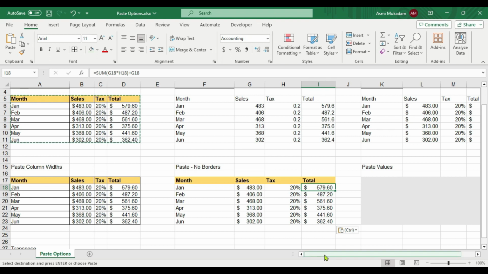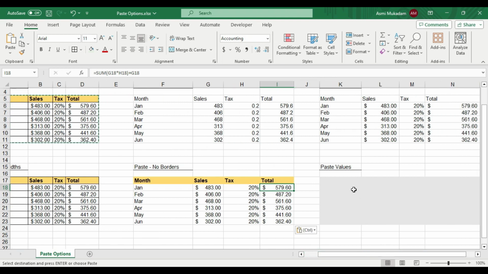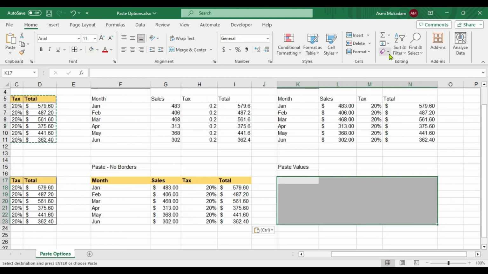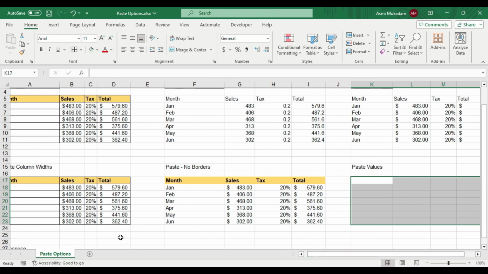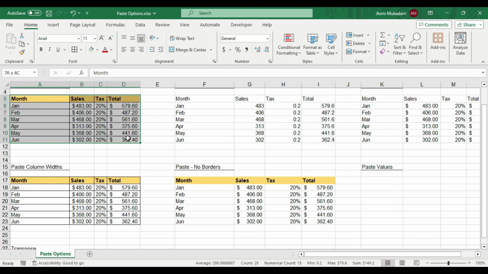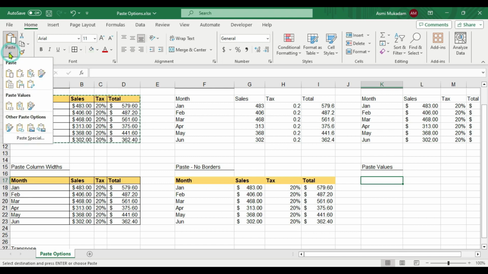Now fifth option is a paste values. So I will select our data, our area, gray area. I will clear this. Now we'll go to select our data. This is our data. Select this, do Ctrl C to copy. Then I will select the cell to paste here. Go to the paste option here. Okay, and here in the paste value you can see you get the option paste values.